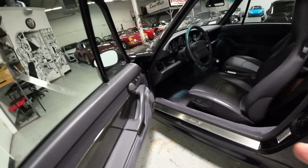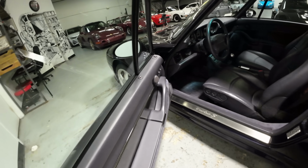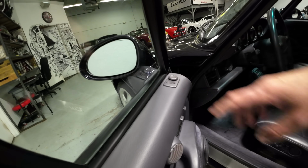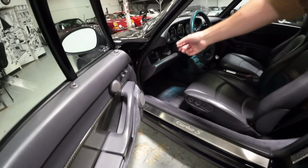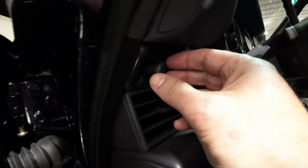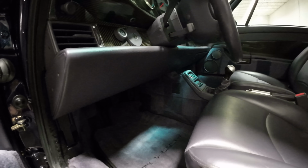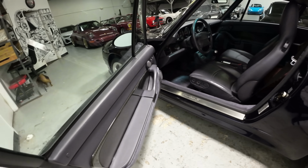I mean, leather covered. Everything is leather. Even the window switches and up here on the mirror toggle switch, leather. Wow. Everything, even the little gas cap flap, which you can't even see, the little release, leather as well? That's leather. You're kidding. That is something else. They went overboard. It's special. It was the fastest air-cooled car we got for the United States